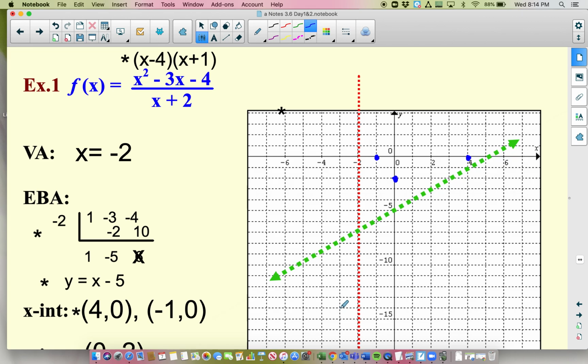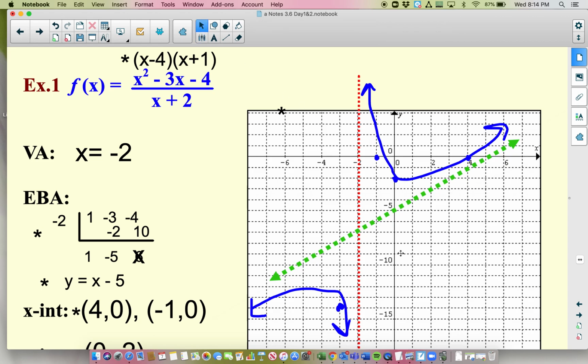So I'm just going to plot a couple points like that. And then, of course, you can draw those hyperbola branches in there that we saw from your calculator. So yes, absolutely, kind of using your calculator to help you. The one thing I don't have on here that we should talk about for sure is your domain. Remember, x